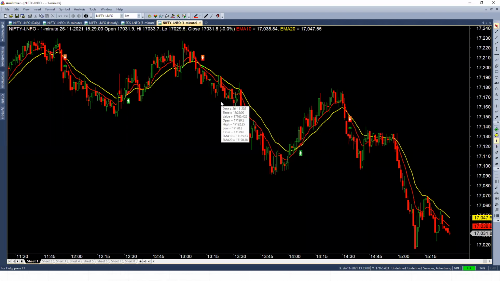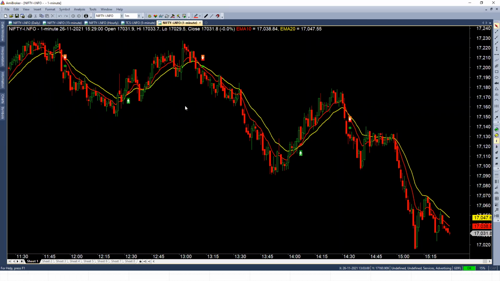Whenever the simple conditions are matching, it is generating the signals, right? So when the condition matches, accordingly signals are generated. But now I want to automate it. Whenever signals are coming in, I want to transmit these orders to the brokers. How to do that? That is where a very simple library function comes in.